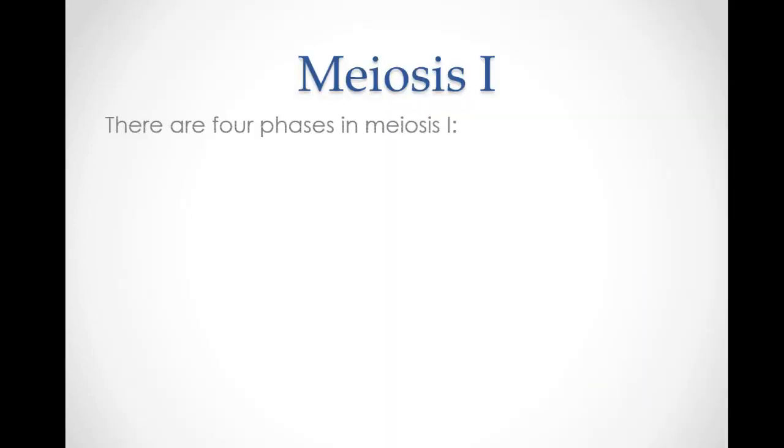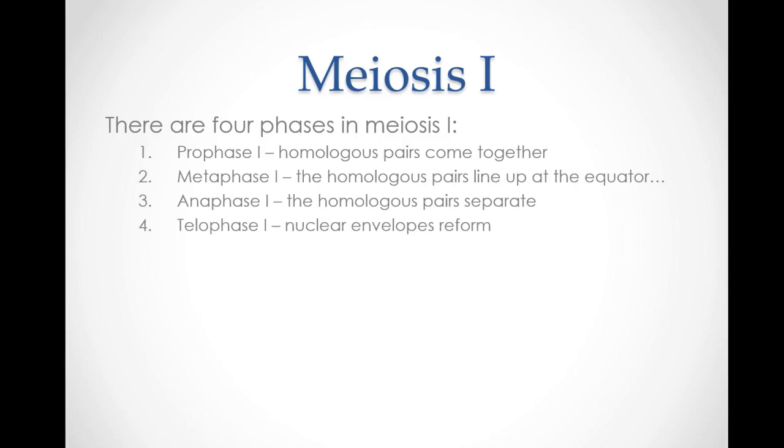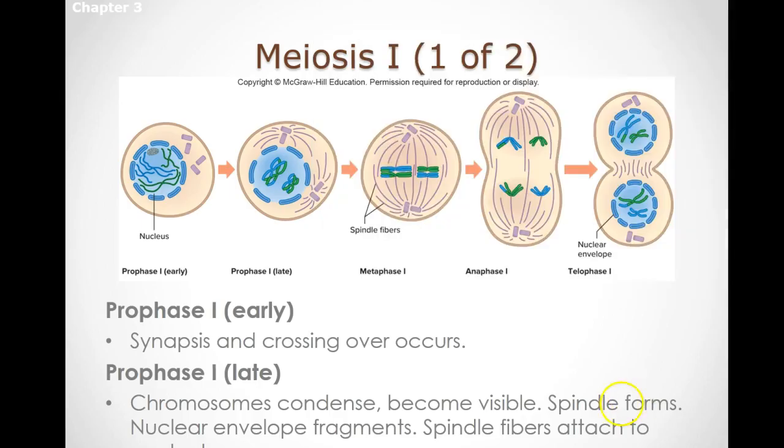All right, so let's talk about meiosis 1. We get to use the same phases as we did in mitosis. Yay! So it's prophase, metaphase, anaphase, and telophase, just like we saw before. Except now we say prophase 1, anaphase 1, telophase 1, whatever it happens to be, because we're talking about meiosis 1. So a lot of things we've already seen before. In prophase 1, we have homologous pairs coming together, condensing, the nuclear envelope disappearing, lots of stuff we've seen before. In metaphase 1, the homologous pairs line up at the equator. In anaphase, they separate, and in telophase, nuclear envelope reforms. So again, we've seen this.